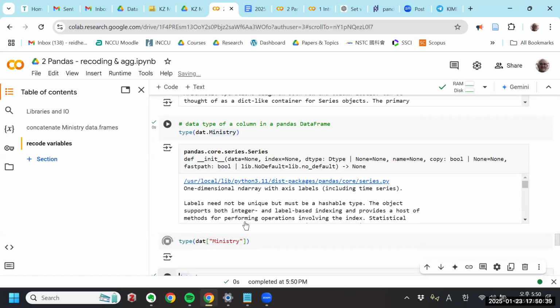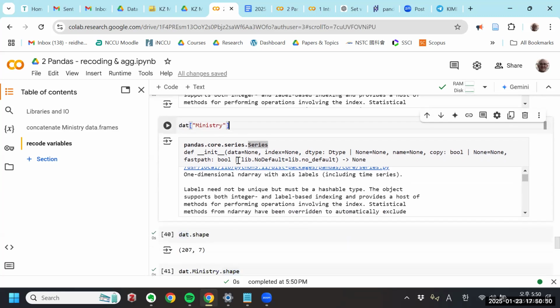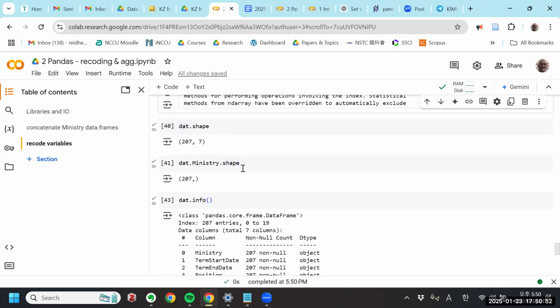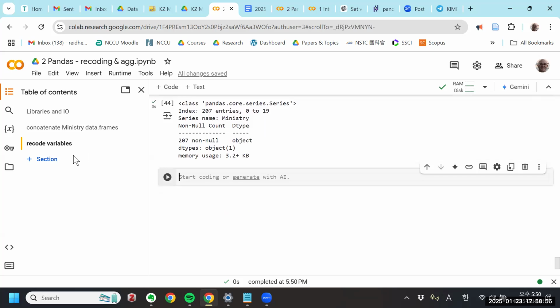It's also the series. So these are just two ways of calling the same thing. Okay, so pardon me. Okay, so let's go down and look at